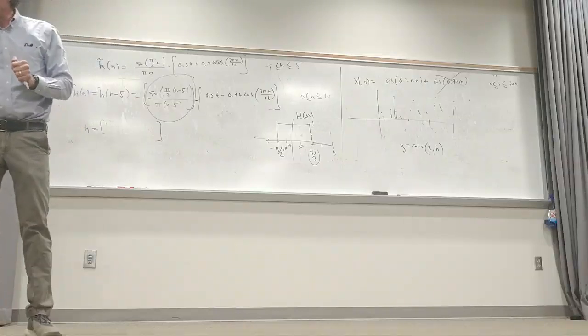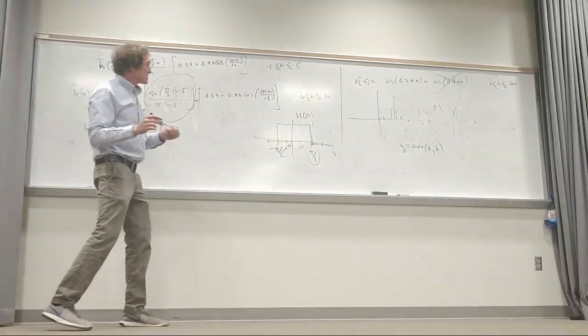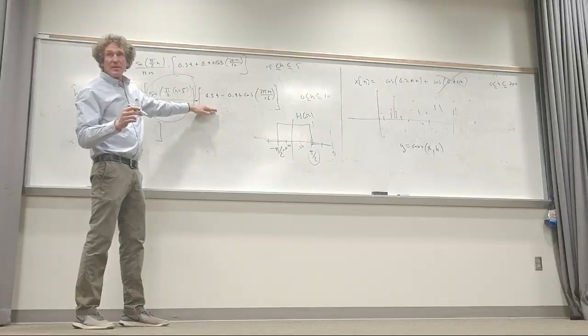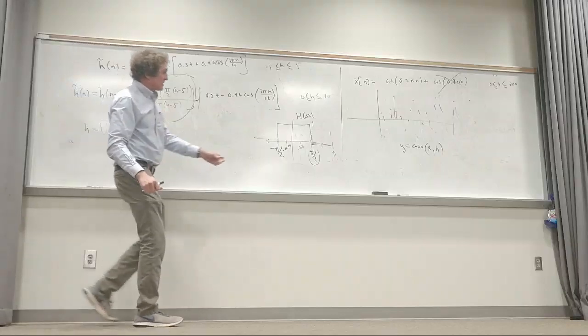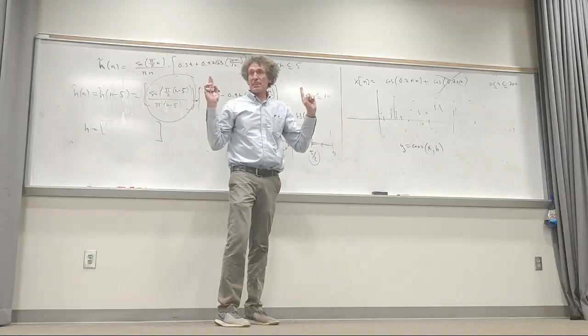Now, what are you responsible for in terms of this for the final exam? I gave you several problems, and I'm going to go through some of them. The representative stuff doesn't have to do with MATLAB programming, but actually creating this right here, using a window and using a shift, based on the fact that we had this filter, right? This H of omega. From there, we got the h of n. Then we truncated it, right? Symmetrically truncated it. And then what we did was take that and multiply it by a shifted Hamming